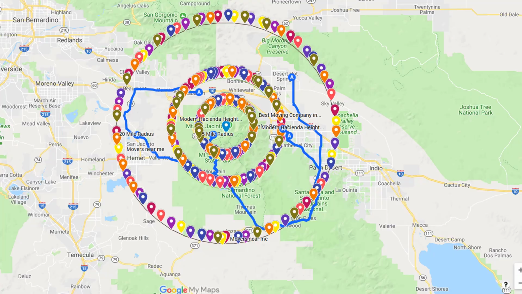Hey everybody, I'm Mike. Today I'm going to show you how to create a Google map. Let's get started. Now the reason why building a Google map is so important is because you're trying to build